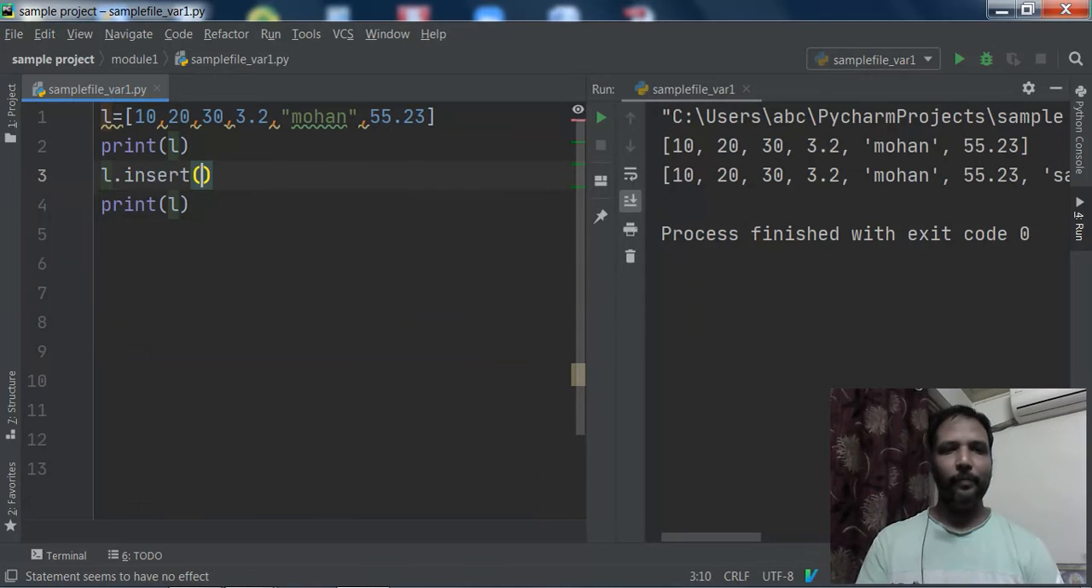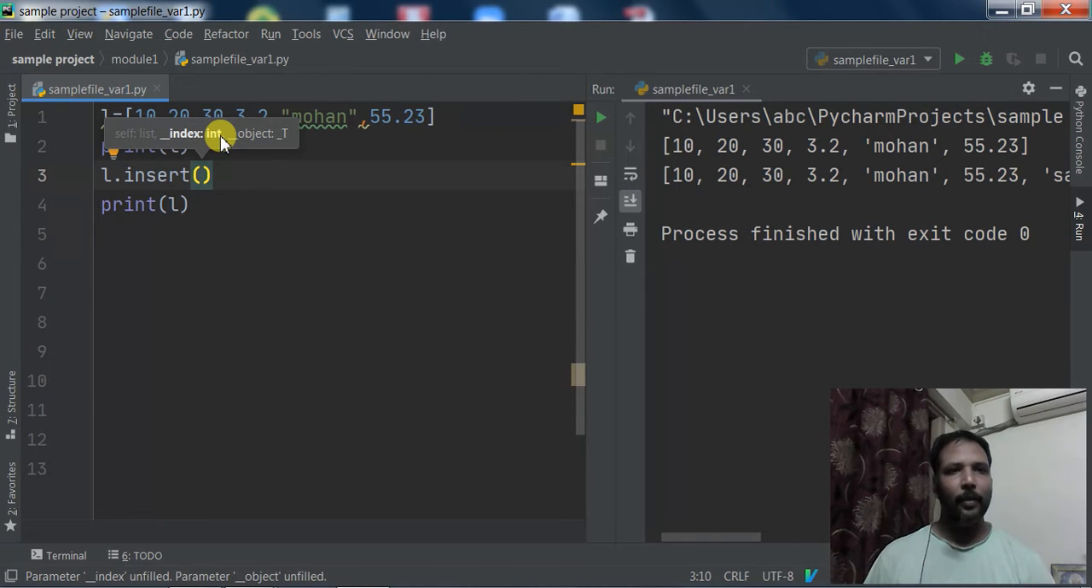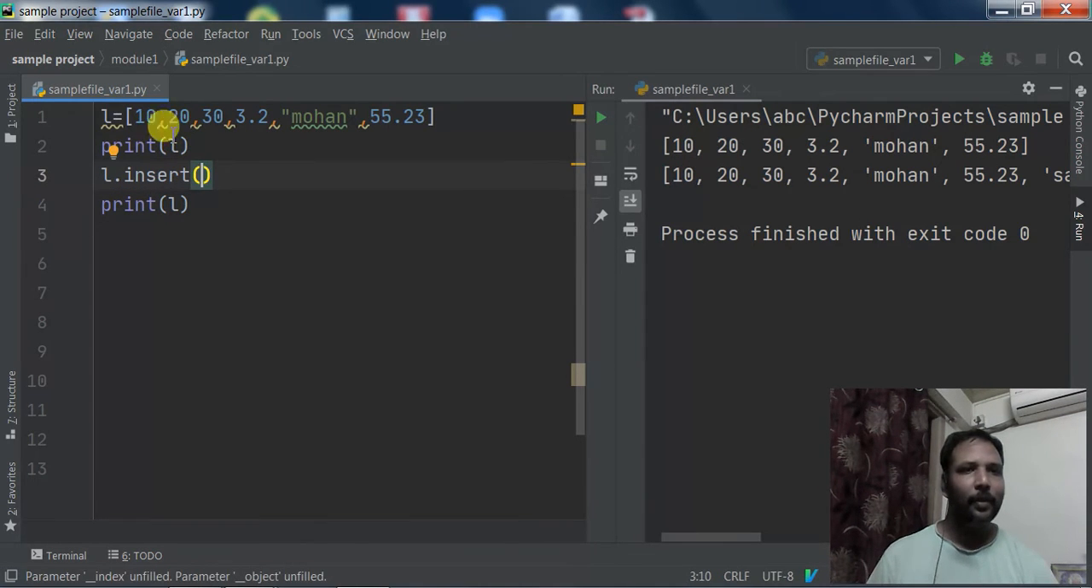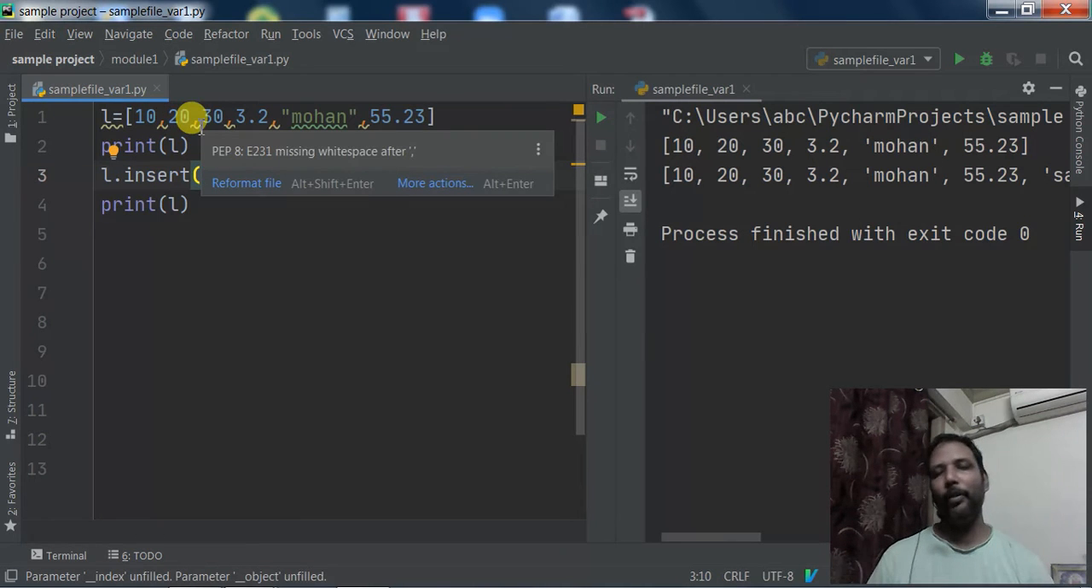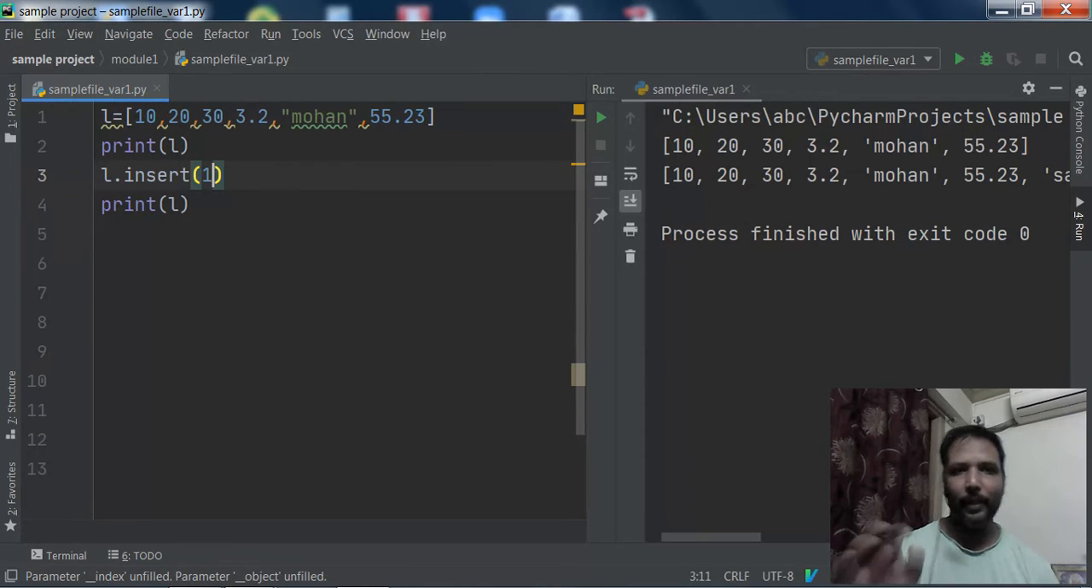Insert, see here, where I wanted to insert. See here, it is prompting me for an integer. So here I have to enter the index at which position we wanted to insert. So what will be the index of this? Not in place of 20, but the index of 20, what is the index of 20? It is 0, 1, it is 1. 10 is 0. So I wanted to insert at first index,